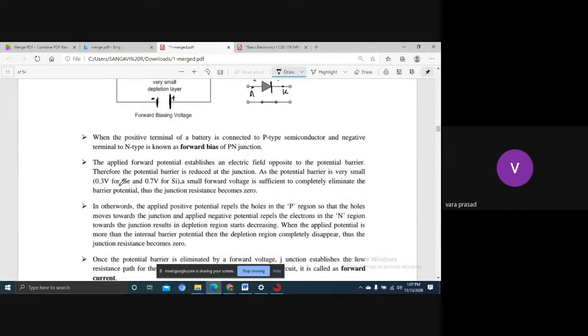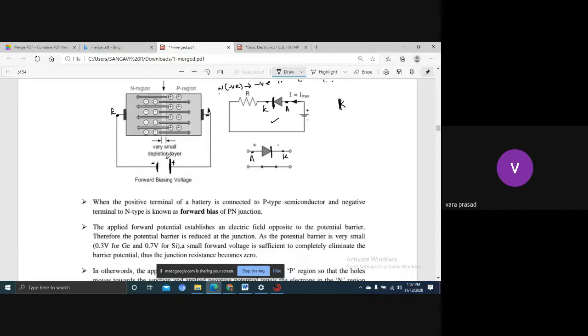See here, what is going to happen? Listen now. The positive terminal is connected to the positive type of region, and the negative terminal is connected to the negative region. Is it correct or not? When the same charges are connected, they repel each other. Repel each other means holes are... Listen carefully. In this region there are holes, and in the N region there are electrons. These holes can be...